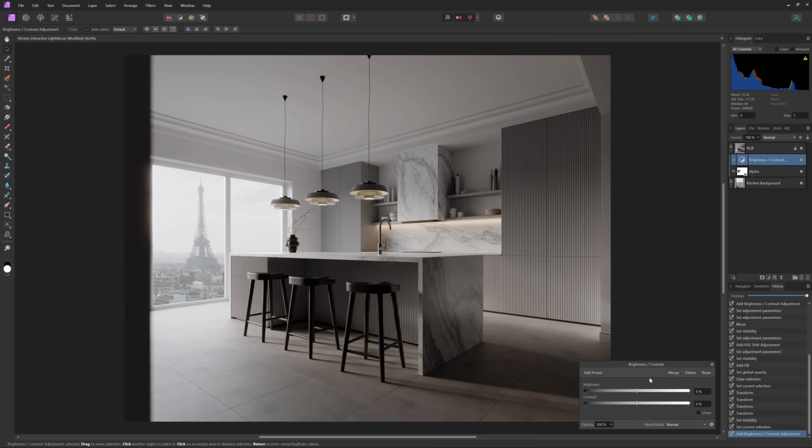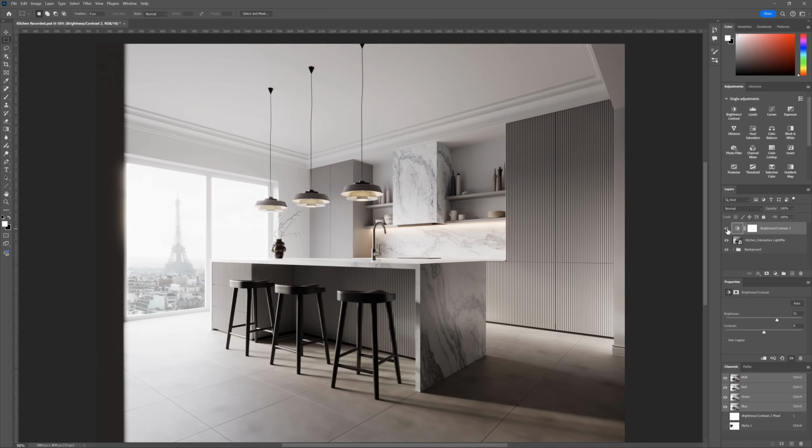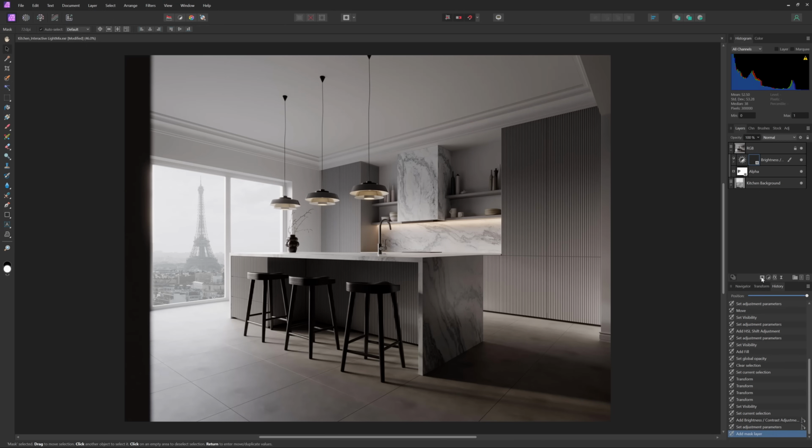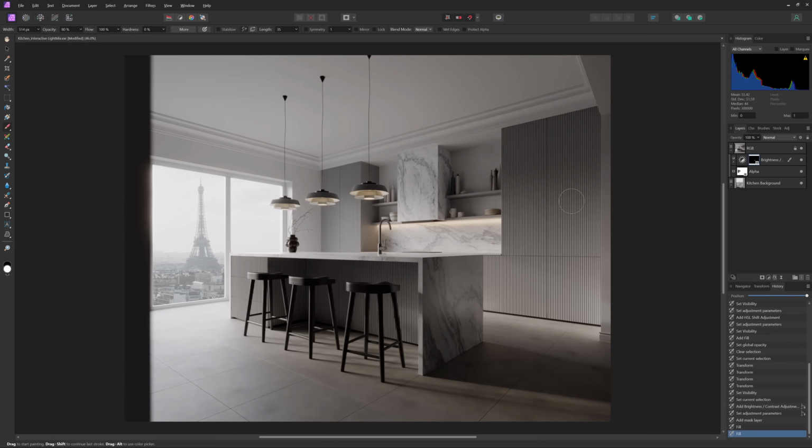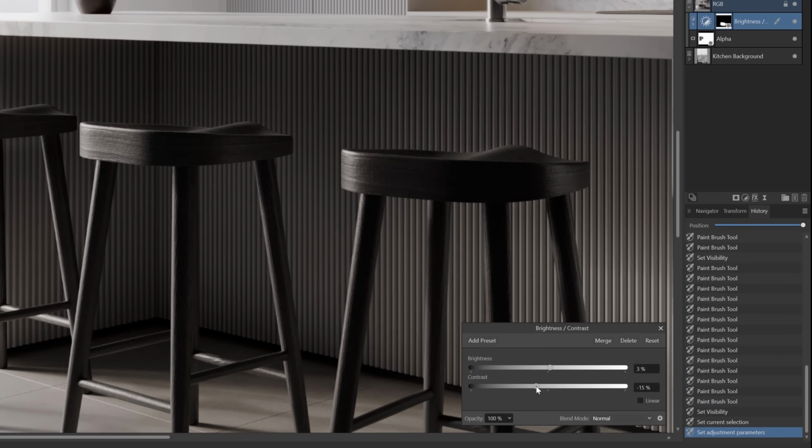But we need to be aware that it will be affecting only this layer. In Photoshop, we would have to click out between the layers. It's sort of similar, but it's way more organized in Affinity, in my opinion. We can add the mask to the sublayer too. We can fill it in the active color using Ctrl+Delete shortcut, and paint with the white brush the places where we want the effect to be visible.